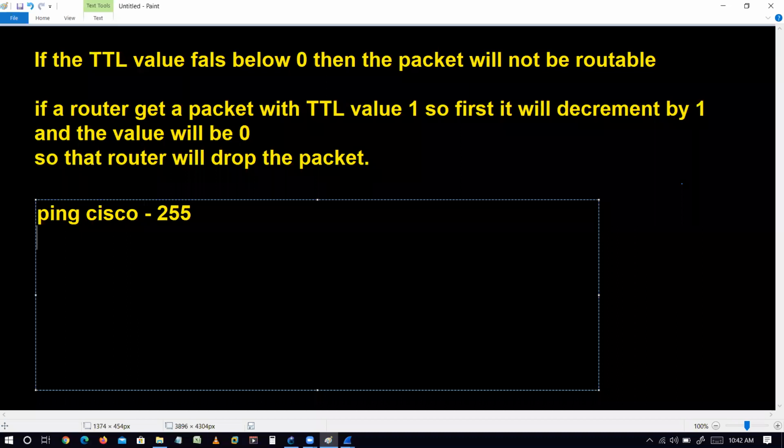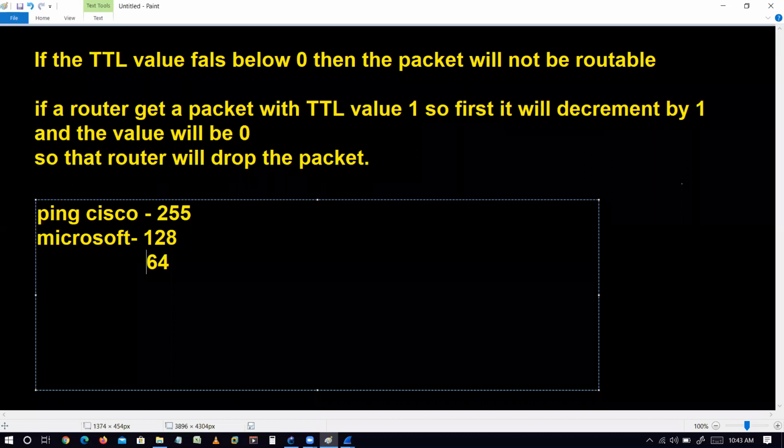If we are using a Microsoft platform, sometimes it uses 128, sometimes 64. So that depends on the platform. If I use a Cisco device to do a ping, the TTL value will always be 255. In Microsoft, it can be 128 or 64.